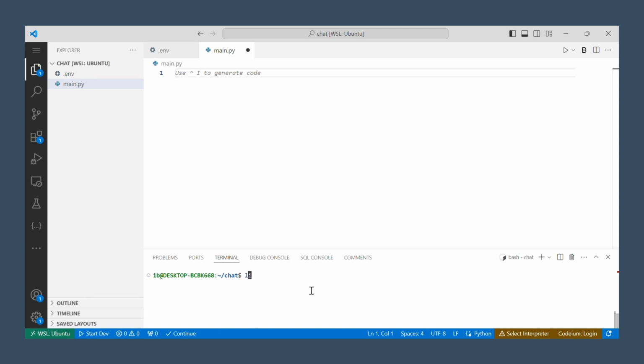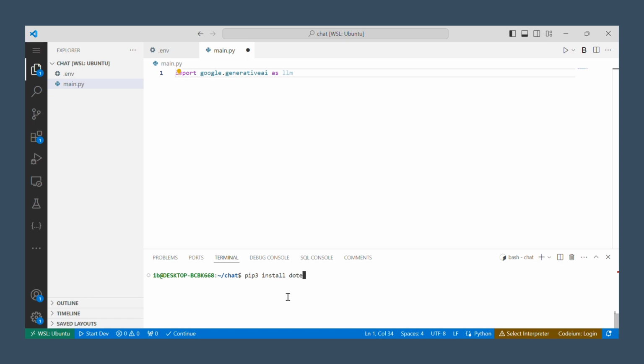Then we're going to open the terminal and enter the following command: pip3, or pip if you're on Windows, pip3 install google-generativeai, which I have already done, so I won't repeat it. Then we're going to import the google.generativeai package as LLM, and we also have to pip3 install